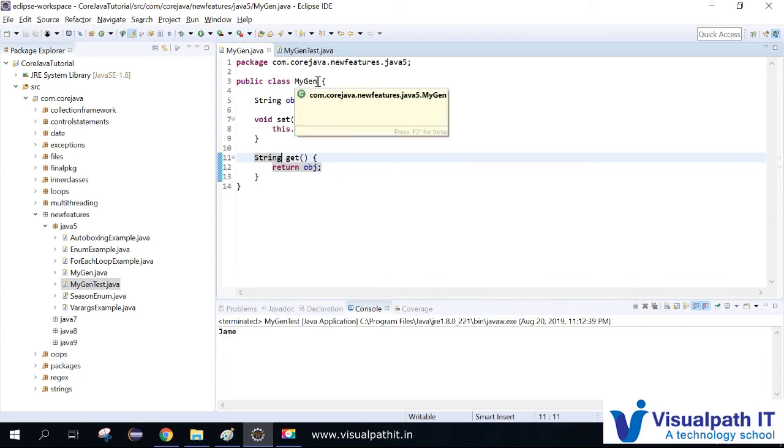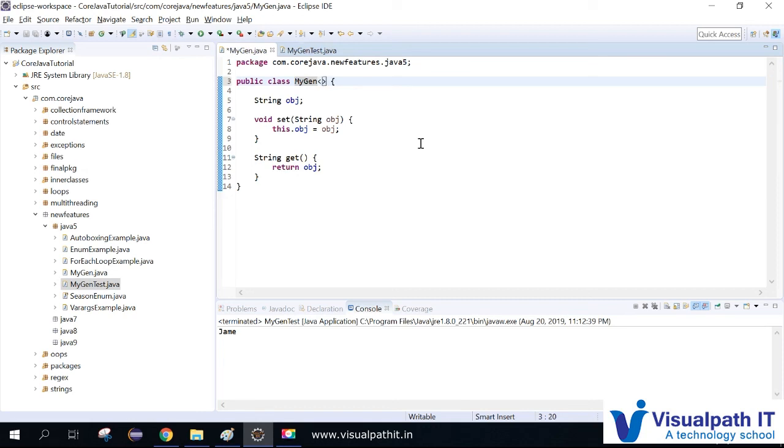The way to do this is, first you have to declare a type. What is the type? T. You can use any variable, but it's preferred to use T. So I just declare a type. This is the standard way of declaring generics at the class level. Then, instead of string, I'll use the same letter T here. The parameter also I'm using T, and the get method also I'm using T. You can use any variable, but it's good to use T. I'll tell you why.